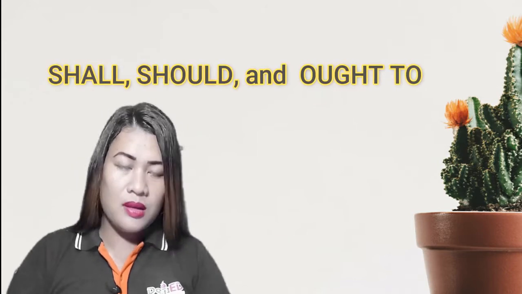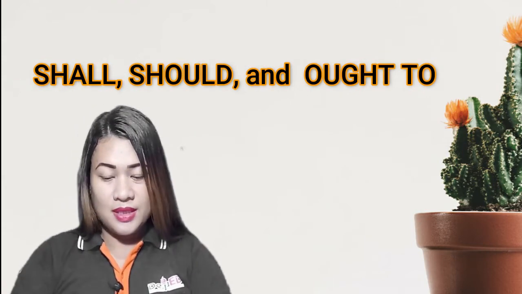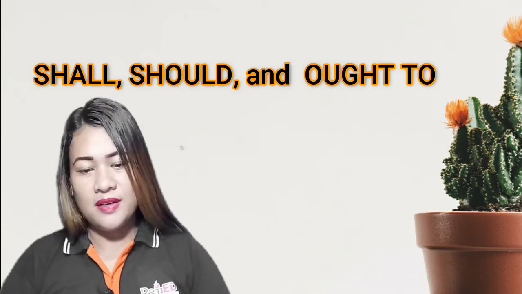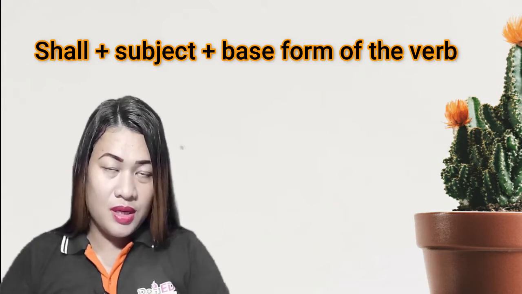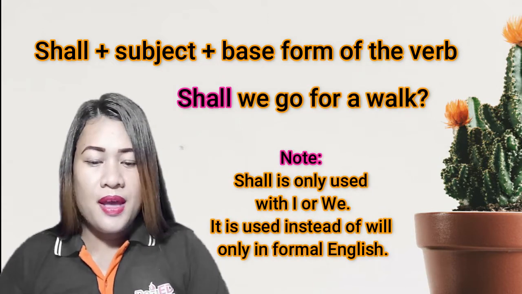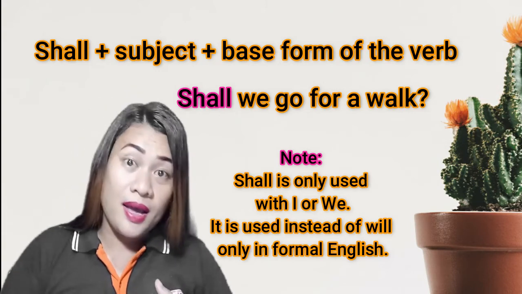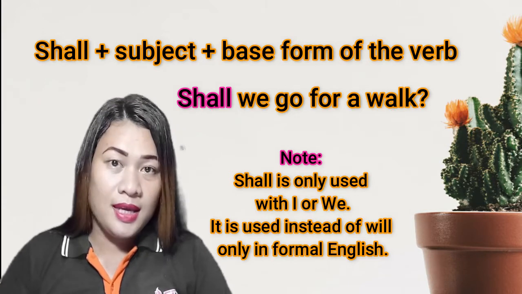Now let's talk about the modals shall, should, and ought to. This is to offer assistance or a polite suggestion when you're quite sure of a positive answer. Shall plus subject plus base form of the verb is the combination. Example, shall we go for a walk? Note that shall is only used with I or we, and it is used instead of will only in formal English. To offer assistance or a polite suggestion when you are not sure of a positive answer,